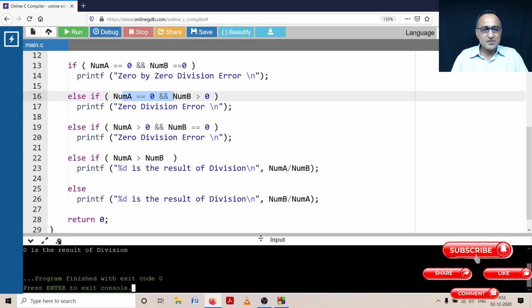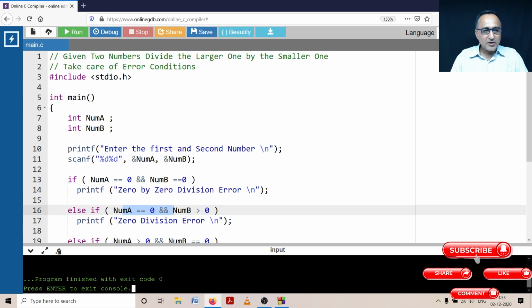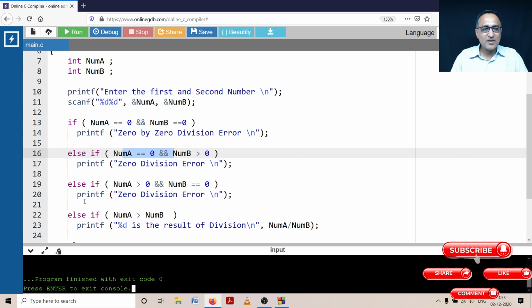This particular program is also going to be in the description section of this particular video. So look at the code, look at my explanation, look at the algorithm and be sure you really understand the logic as to why we have done all these particular things. So I hope this gives you a very good understanding about, given two numbers, how do you divide the larger number by the smaller one, but also being careful about extreme conditions that can cause the program to crash or give a divide by 0 error.